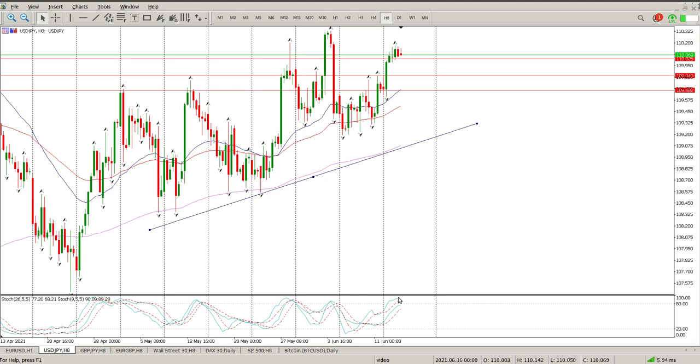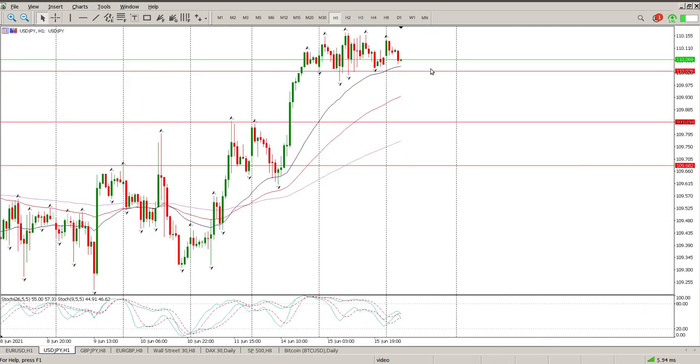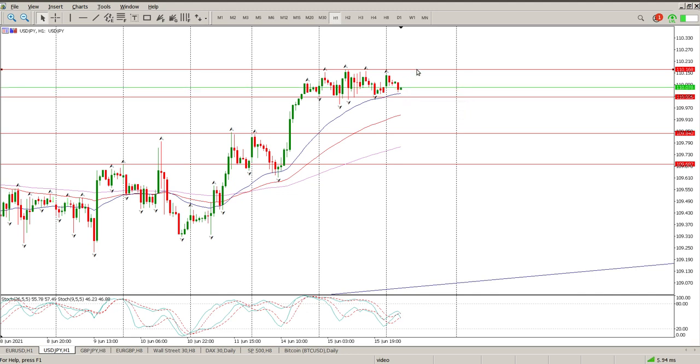Oscillators are grouped to the upside, which is indicating a potential turn to the downside here. And you can see yesterday was very much a range day, so not really interested in that. Your two levels to watch are basically the top and bottom of the range. So bottom of the range is 110.026 and top of the range is 110.168. Just a word of caution here, if we do break this area to the downside,